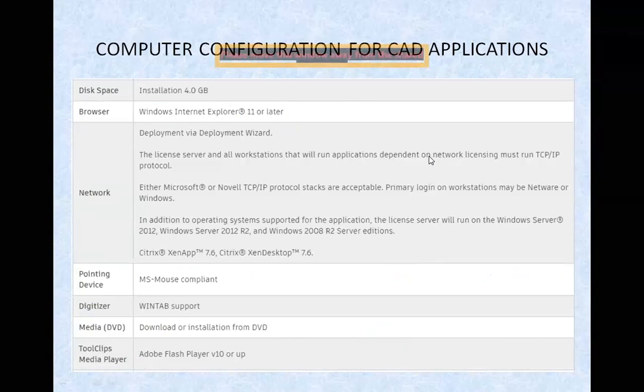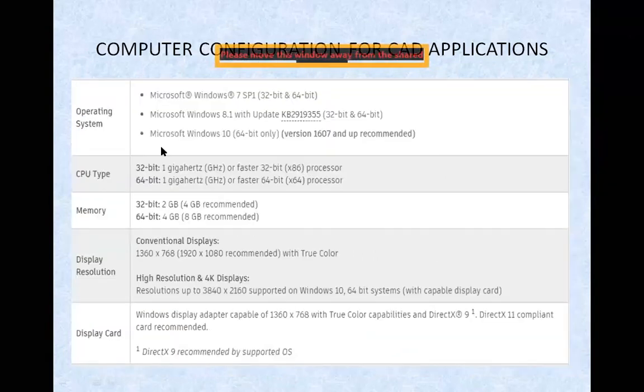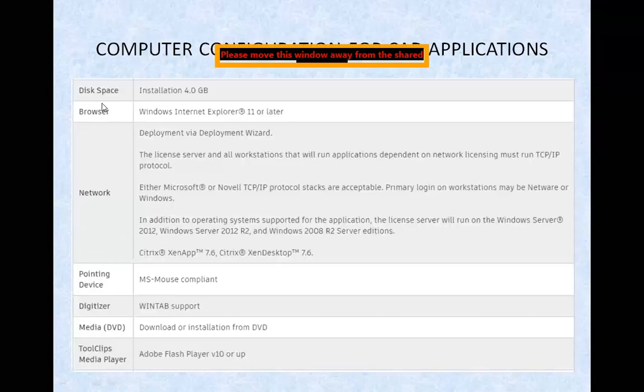Okay, so first we require the operating system and CPU type, that can be any processor type, and memory of at least 2 GB RAM, and we need a display. The display card is required, and disk space should be at least 4 GB, and we need a browser to take help, and to continue with the browser we need a network.